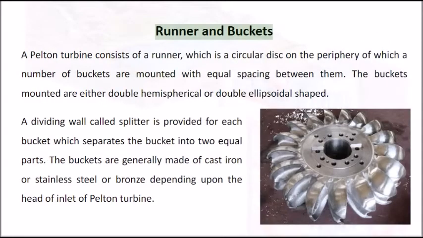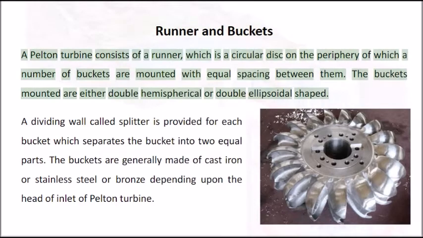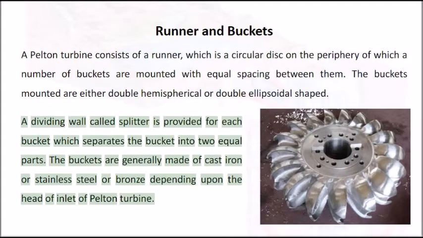Runner and buckets. A Pelton turbine consists of a runner, which is a circular disc on the periphery of which a number of buckets are mounted with equal spacing between them. The buckets mounted are either double hemispherical or double ellipsoidal shaped. A dividing wall called splitter is provided for each bucket, which separates the bucket into two equal parts. The buckets are generally made of cast iron or stainless steel or bronze, depending upon the head at inlet of